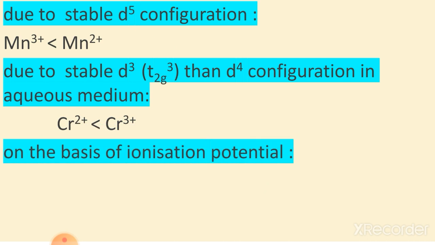Now on the basis of ionization potential, this I also told you in the previous lecture, Ni2+ is more stable than Ni4+. This is because the first and second enthalpy of ionization of Ni2+ is lower than for Ni4+. And similarly Pt4+ is more stable than Pt2+. Nickel in 4+ condition is less stable than platinum 4+. This is again due to lower first four enthalpies of ionization for Pt.